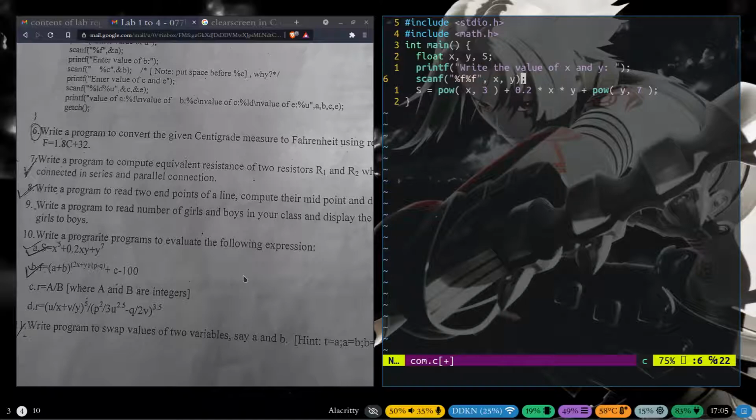Right, and power. Print the evaluated output is